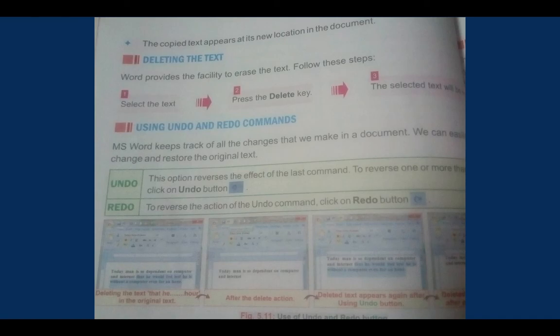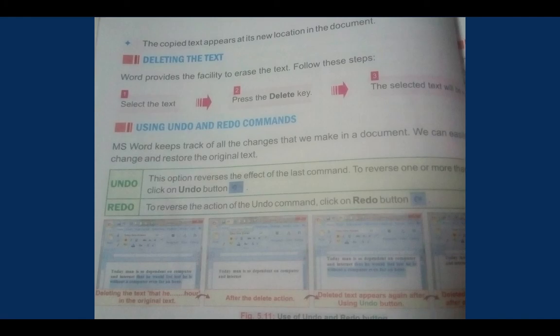If you have a computer or a laptop at home, you can try all the shortcut keys. Cut, copy, paste, Control A for the entire document, Control N for a new document, Control S to save, Control P to print, Alt F4 to exit the Word application.